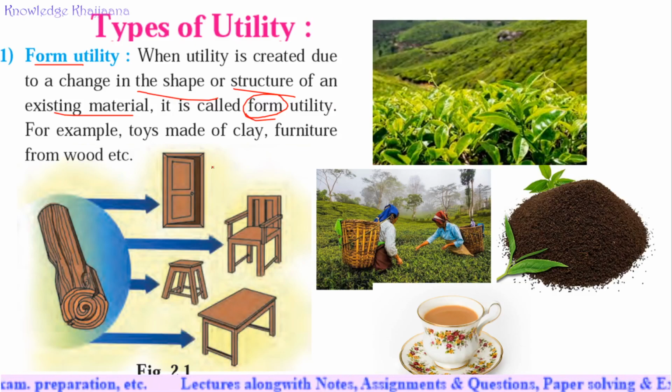See, form utility involves transformation. Its form changes. What does this mean? It transforms the product according to need. According to the openings, the door was made. For sitting, a chair was made, right? So, according to need, the transformation takes place. This transformation may be according to comfort, technical specification, color, size, shape, weight, etc. The transformation has been made out of this wooden log, right?